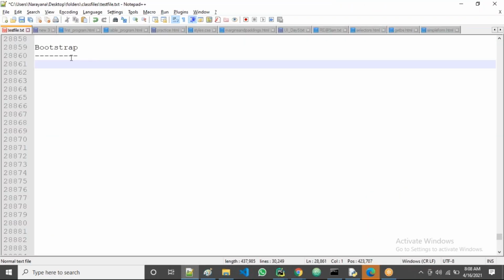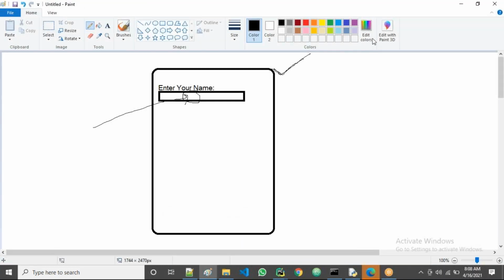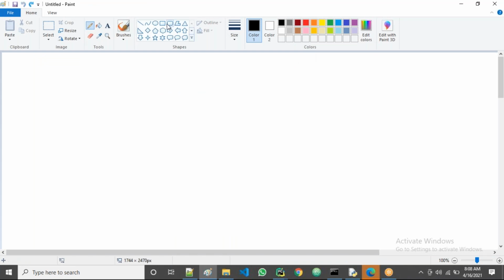Yes. So now in Bootstrap, we'll see about the Jumbotron class, guys. What is Jumbotron? The purpose of Jumbotron: the Jumbotron is mainly used to highlight some area on the browser, so that it gives some special attention.